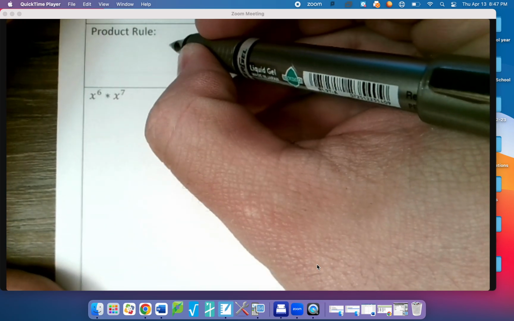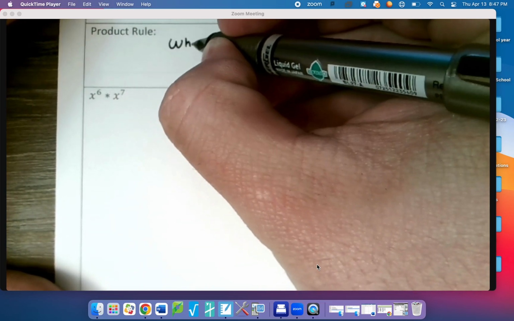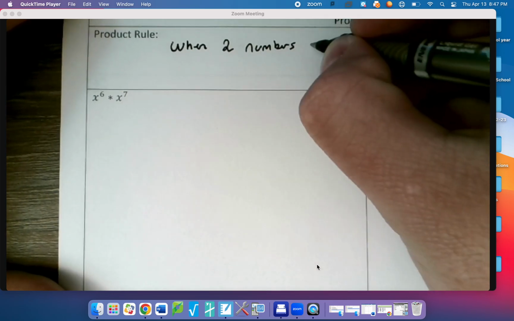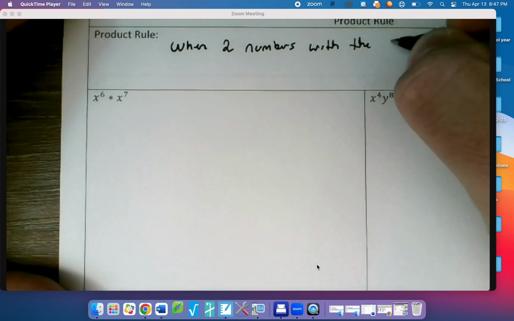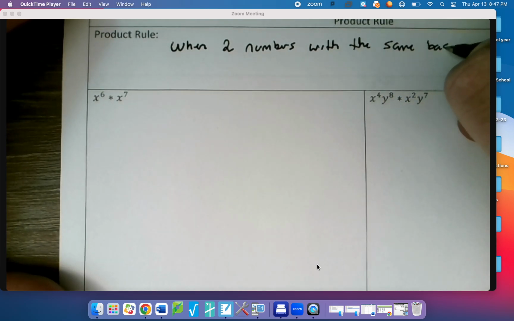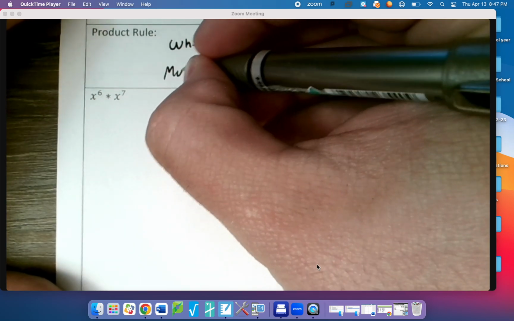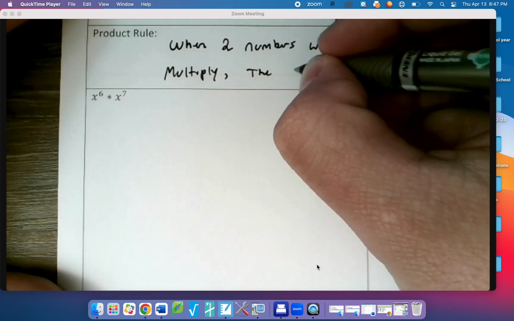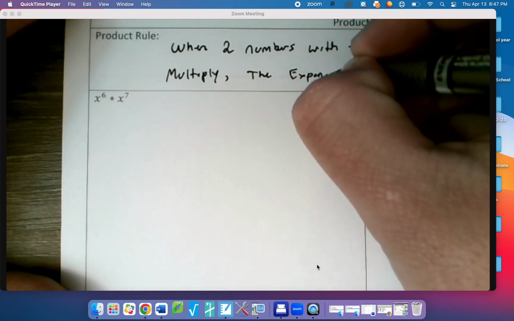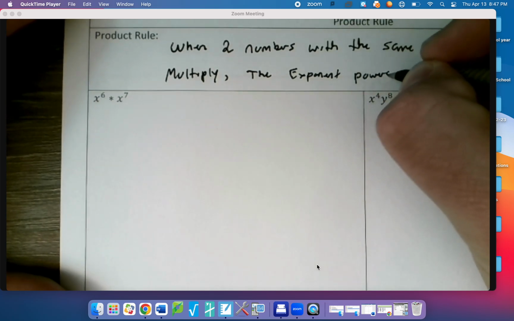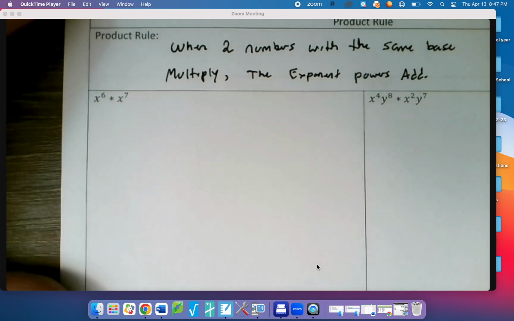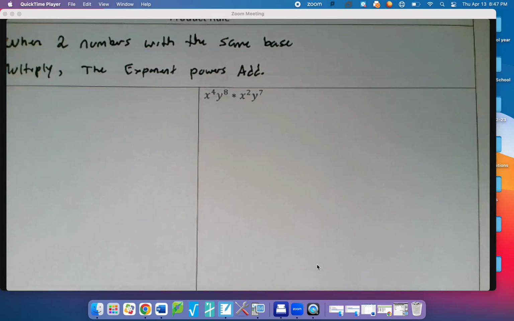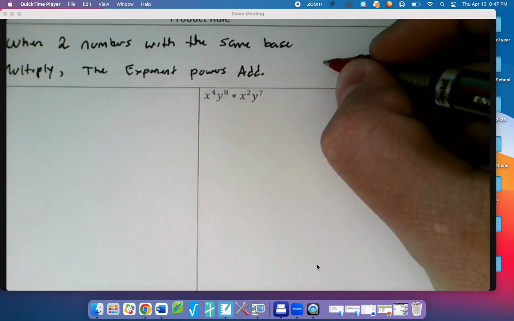But the product rule says when two numbers with the same base multiply, the exponent powers add. So all that's saying in slightly fewer words and in an example over here is if I've got 3